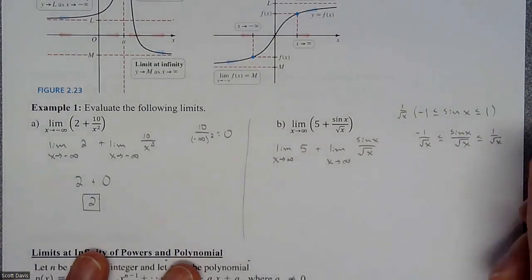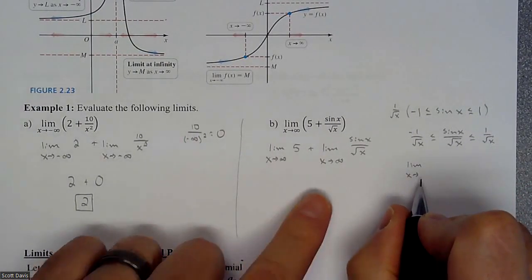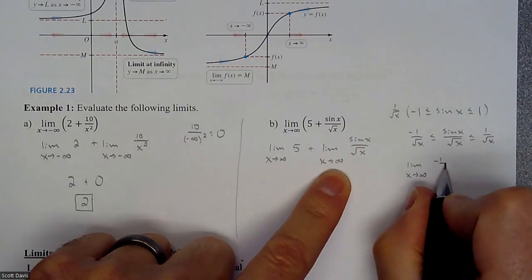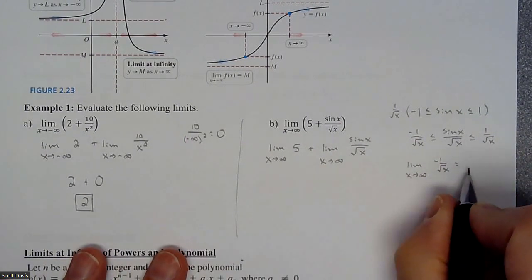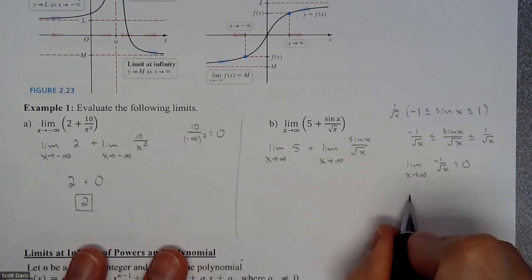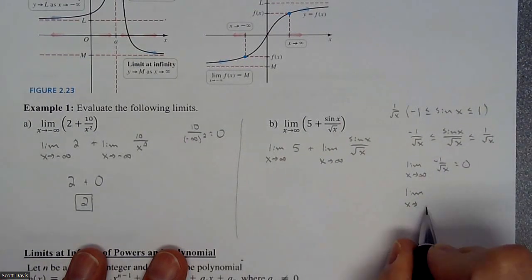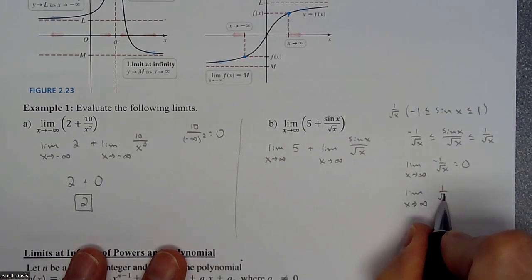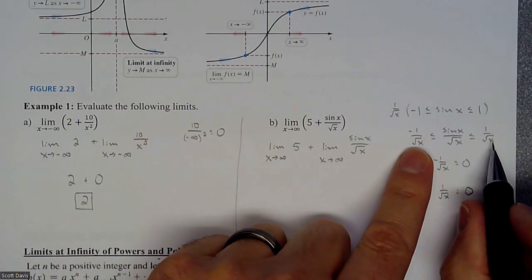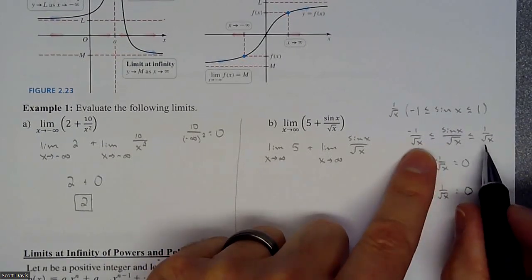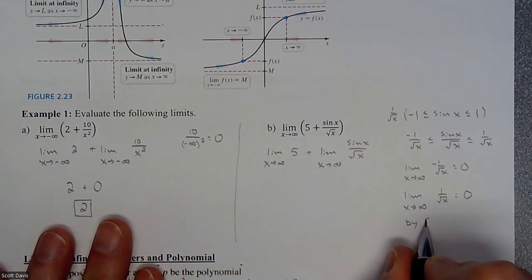All right, so now if I start to do some limits on these, and I do the limit as x approaches infinity of -1 over square root of x, I know that this is -1 divided by something that's getting infinitely large, so it's going to be approaching 0. I know the limit as x approaches infinity on the outside, 1 over square root of x, is also going to be approaching 0. So if the limits on both of these are approaching 0, then this is going to have to approach 0, because this value is in between those two values. So then by the squeeze theorem,